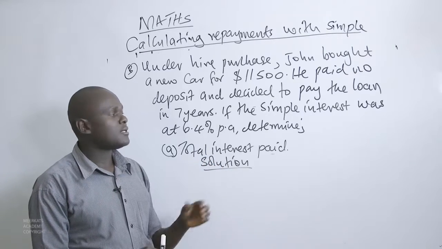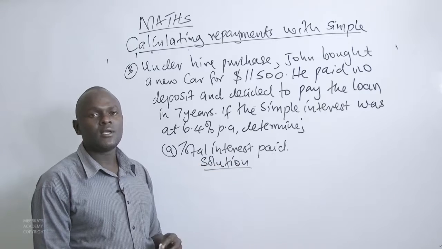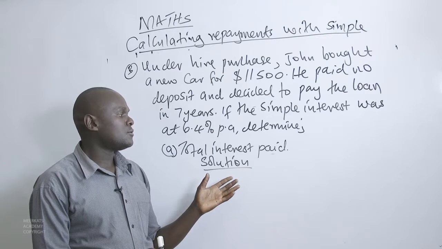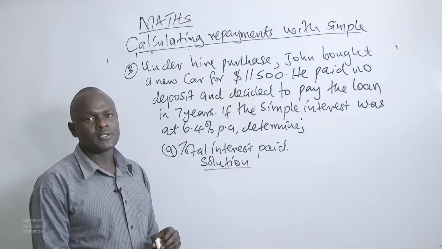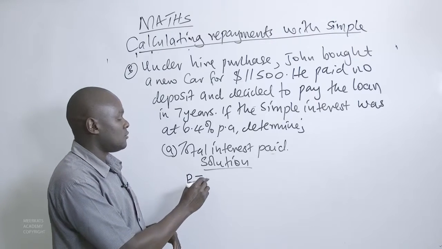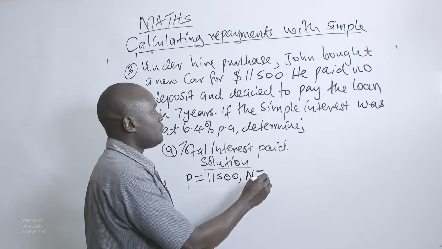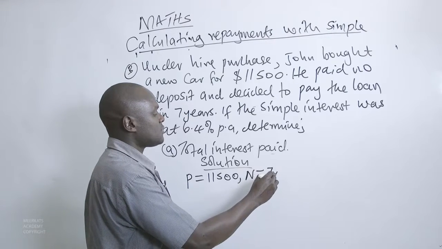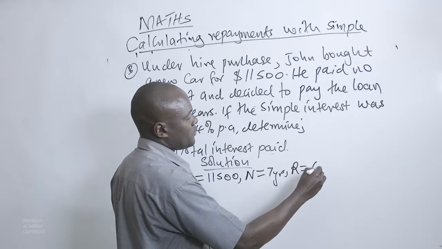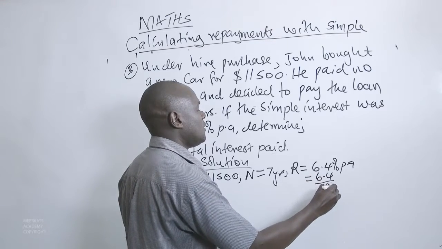the interest. And as a tradition, we need to list down the provided information together with the simple interest formula before we proceed with substituting in the values that we have, and then we evaluate to get the simple interest. The principal is $11,500. The duration or the period is 7 years, and the rate, the simple interest rate of repayment, is at 6.4% per year, which is equivalent to 6.4 out of 100 expressed as a